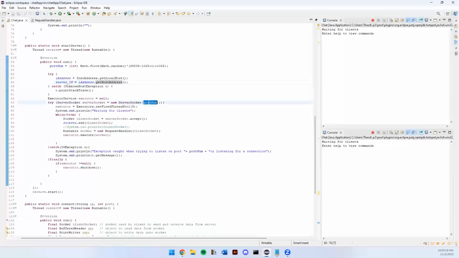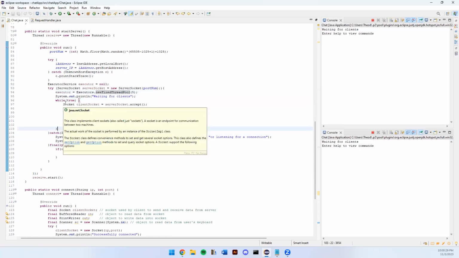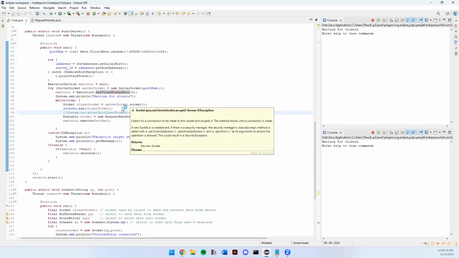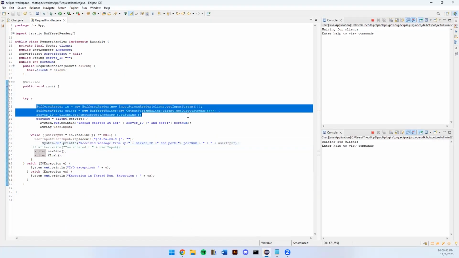It's a new server with that port number. And then it has a thread pool of 5, so we can have up to 5 connectors here. And then we have while true, it just kind of checks if a server socket gets a new connection, and when it does, it runs request handler. Request handler is this code right here, and it just handles the